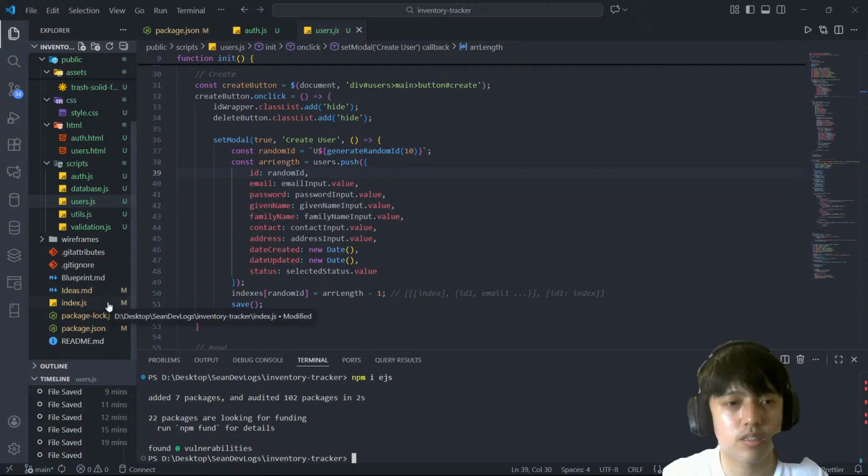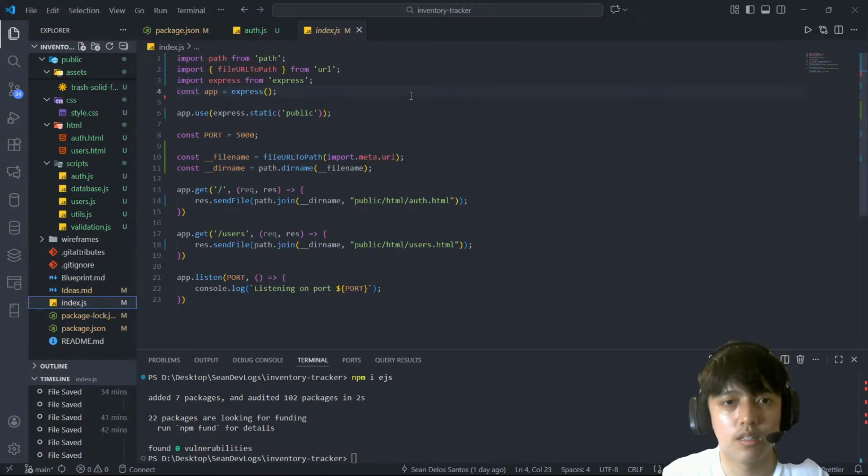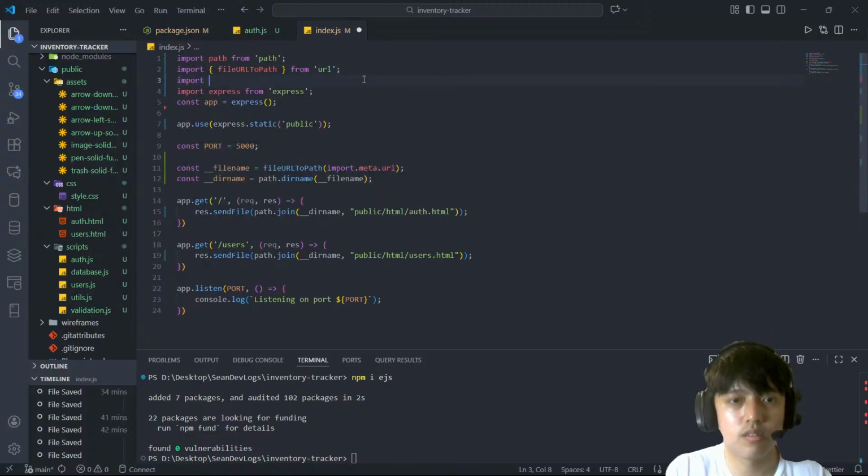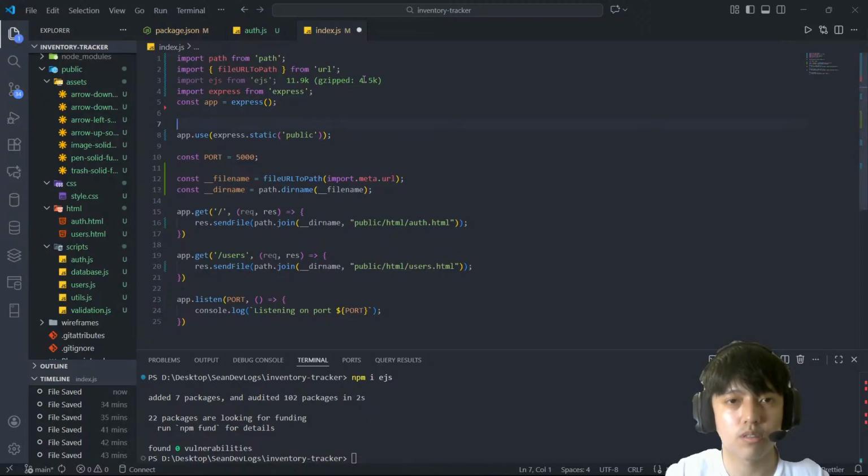Then next is gonna import EJS here. I think EJS is imported like this. No, no, imported like this. EJS from EJS. And then I'm gonna do